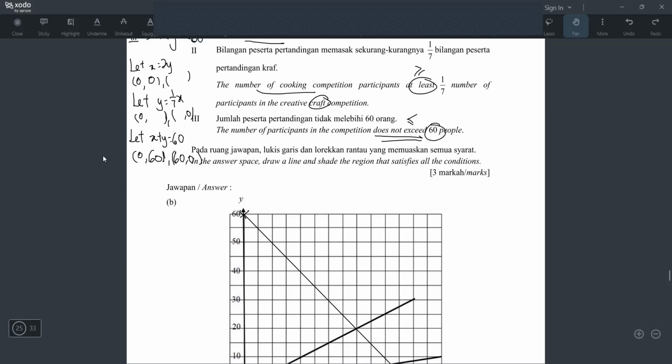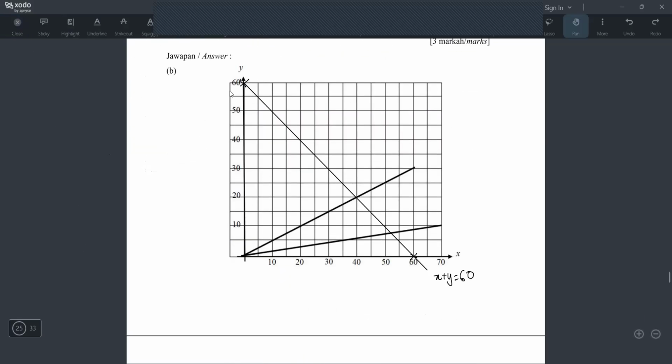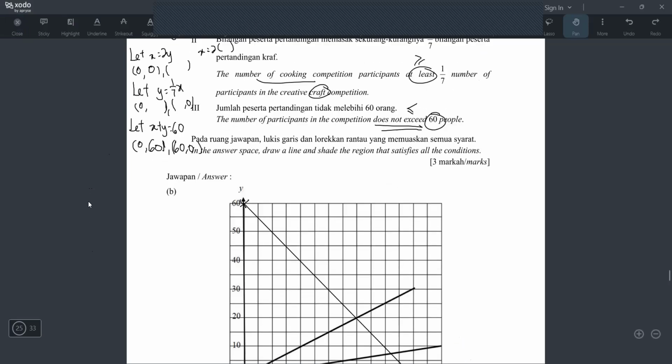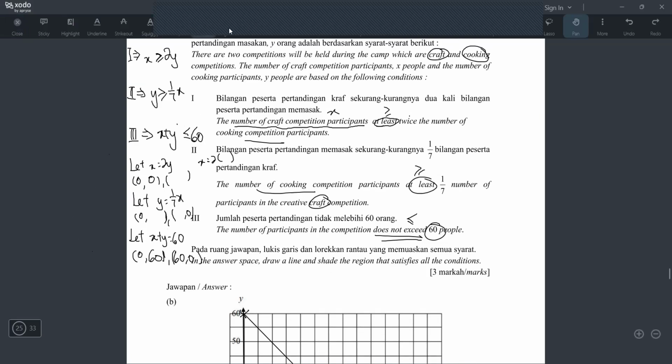So x equals to y, what you can do? So let's make the x single. So the x is already single to y. Okay, the y you can choose any value. So the y got a lot of choice here. So I think you can choose 30. Wait, can I choose 30? X equals to y. Let's think. Yeah, I think you can choose 30. Or any value you want lah. Just make sure the point boleh plot.